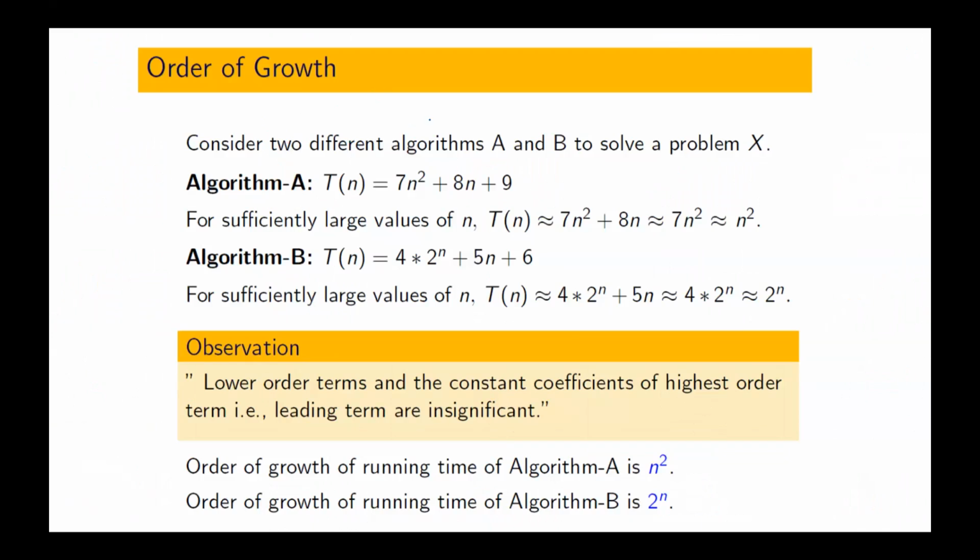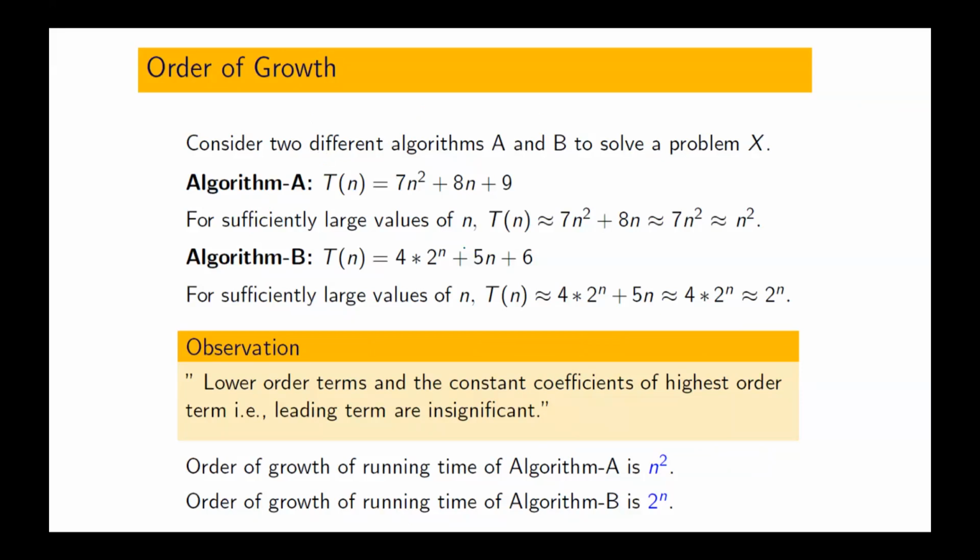So we have seen what does running time of algorithm mean? What is order of growth? What does analysis of algorithm mean? If, in order to solve a problem, we have multiple algorithms, which algorithm is better? All those things. Okay. Now, for example, in order to solve a problem, we have two algorithms, algorithm A